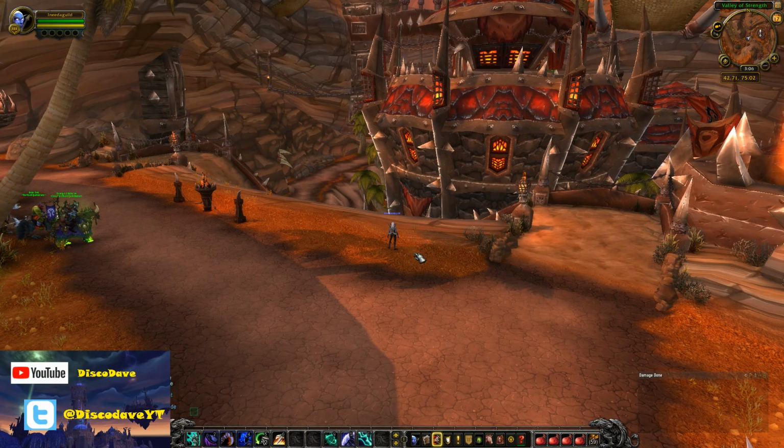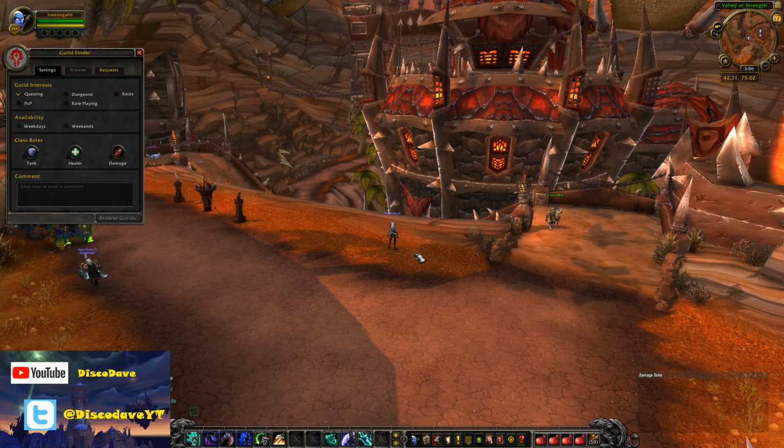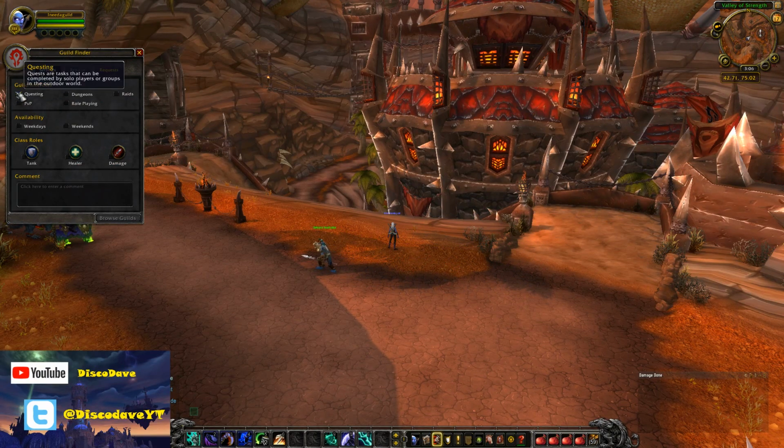Okay, so the first thing you can do when you just get into the game and you're looking for a guild is you can hit either the J key by default, or you can go to the bottom and there's an icon that you can click on as well, and it'll bring up the guild finder. I wish I could say this was good, but I think when it first came out it was okay, and it was Cataclysm, I think, when it first came out. But now it just seems like it's full of dead guilds,